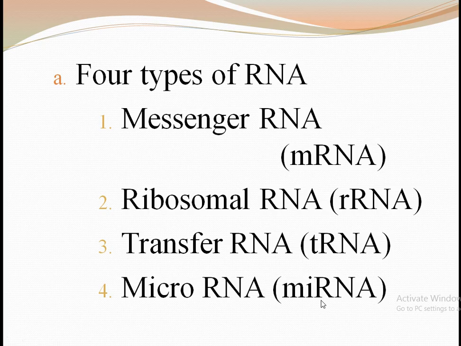Messenger RNA carries the genetic code to the cytoplasm for controlling the type of protein formed. Then comes the tRNA, which transports activated amino acids. The rRNA, along with about 75 different proteins, forms the ribosome, the physical and chemical structures on which protein molecules are actually assembled. Lastly, we have the microRNA, which are single-stranded RNA molecules of 21 to 23 nucleotides that can regulate gene transcription and translation.